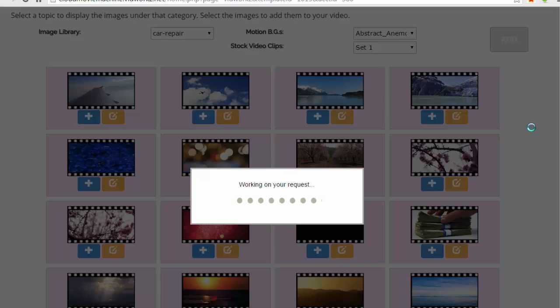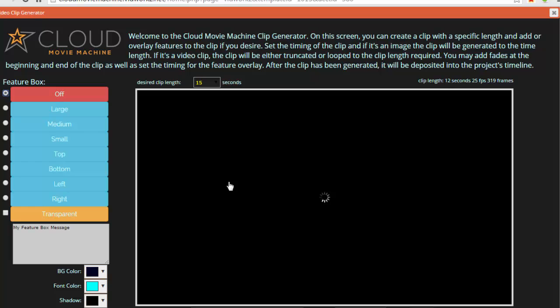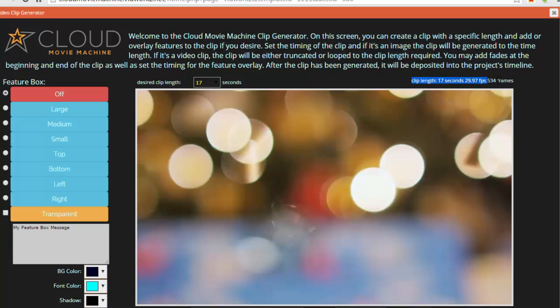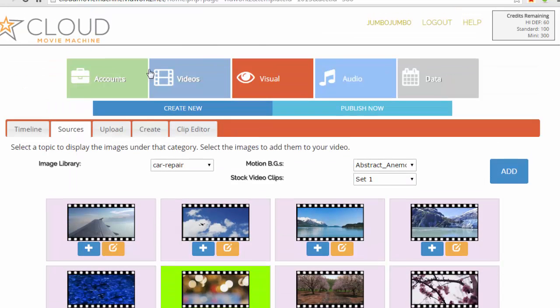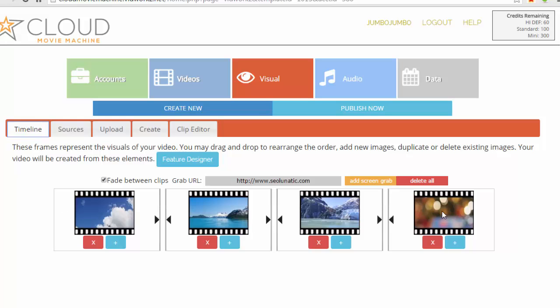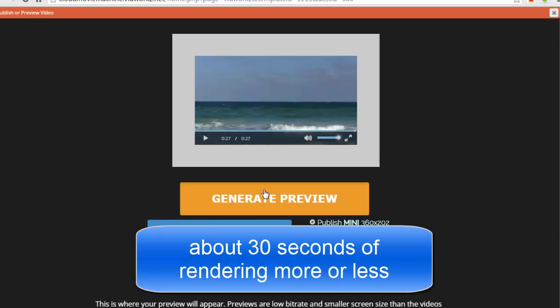And any time you want to know how long these clips are, you can just open it in the clip designer, and it's going to load that clip and tell you right here the length of that clip. Now if we go back to the timeline, you can see all these clips that I just selected are now in my timeline. And let's just see what kind of video that makes. If we publish or we generate the preview,